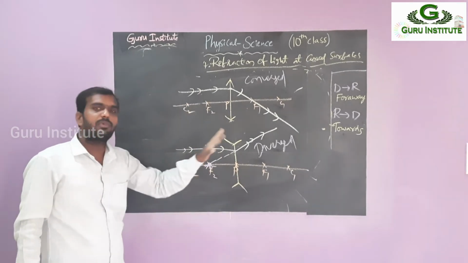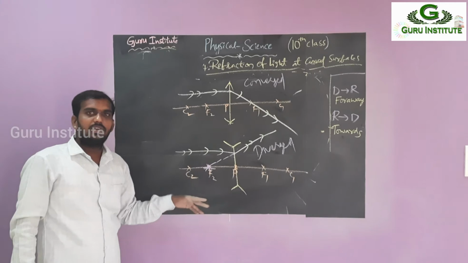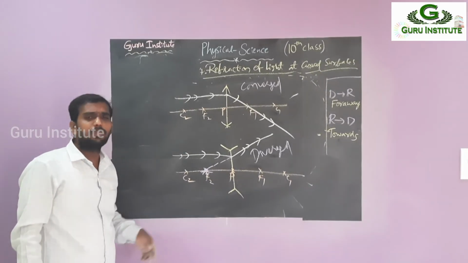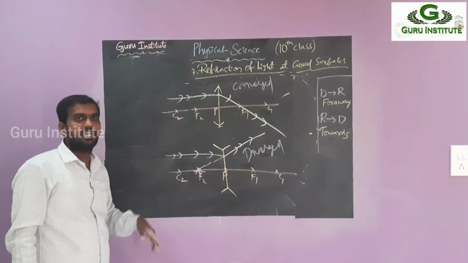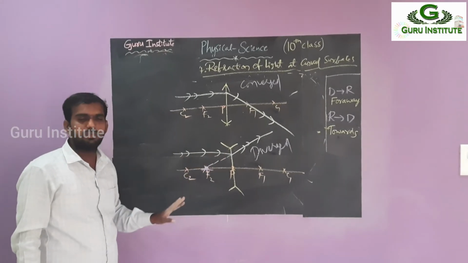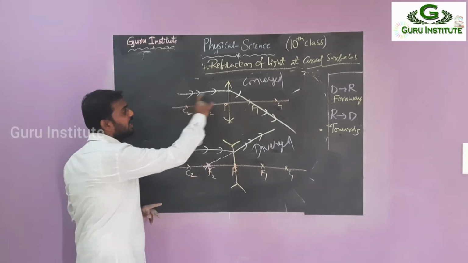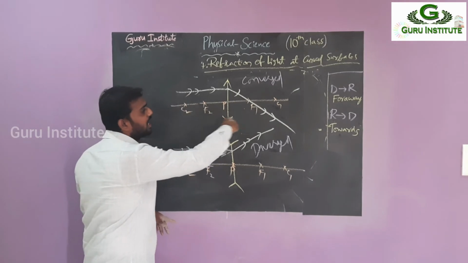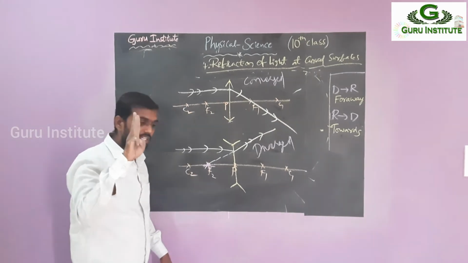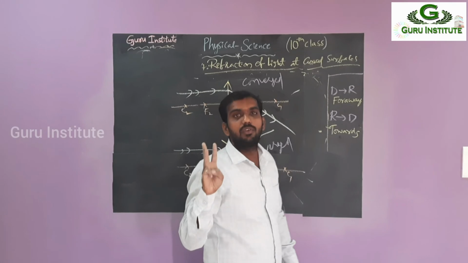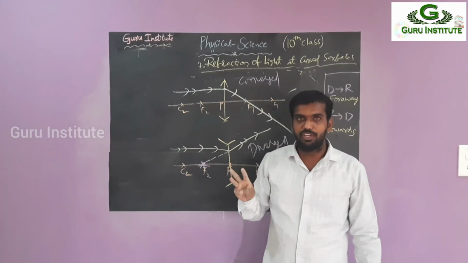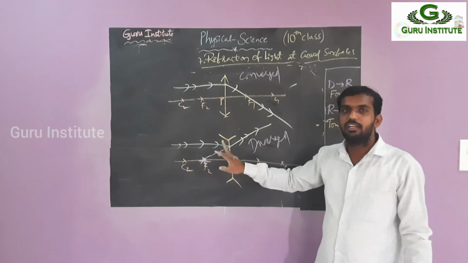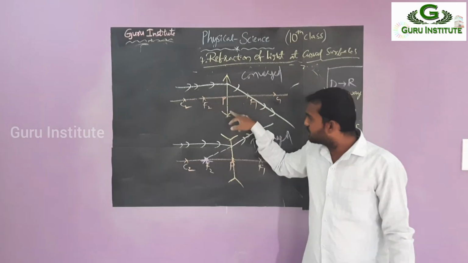Here also the same sign convention rules and ray formulas are applied as for mirrors, like concave mirror and convex mirror. Three lines we are using. What are they? Parallel to principal axis, passing through the focus, and the reverse, passing through the focus, parallel to principal axis. And what is the third one in the mirrors? The third one, passing through center of curvature, there is no deviation. First one, parallel to principal axis, passing through focus. That is also applied here, either directly or indirectly.